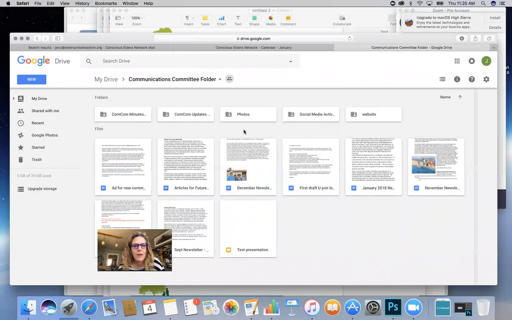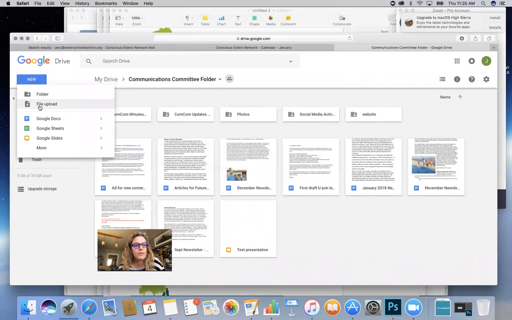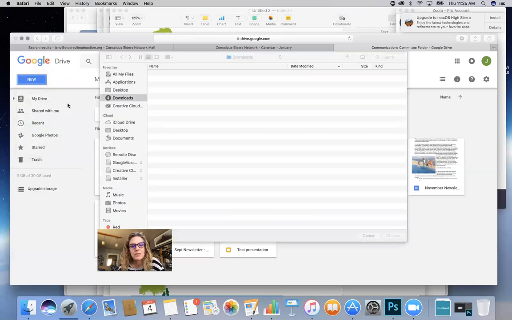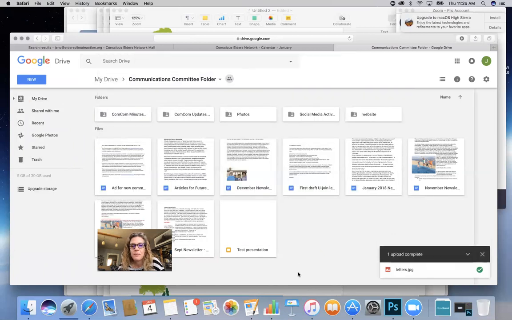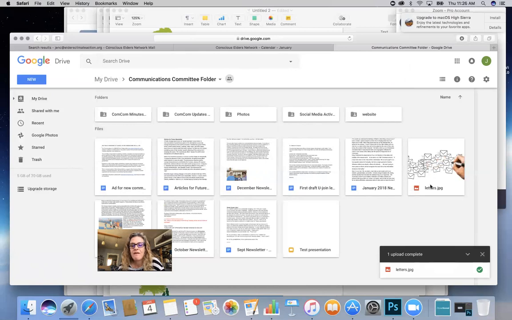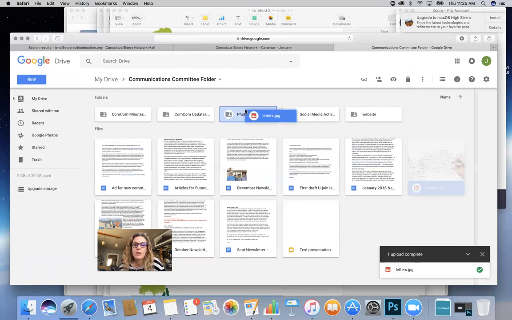So now let's say I want to upload a photo to put in that folder. Let's upload something to go in there. So we're going to go File, Upload, and I can either click into that folder and it's going to automatically move in, but I'm going to let it drop into this Communications Committee folder, and then I'm going to move it, so I can show you that. So let's put this image. And now I have this JPEG image that just uploaded, and it tells me upload is complete, and I can see it right here. So now I'm just going to drag and drop it into that photos